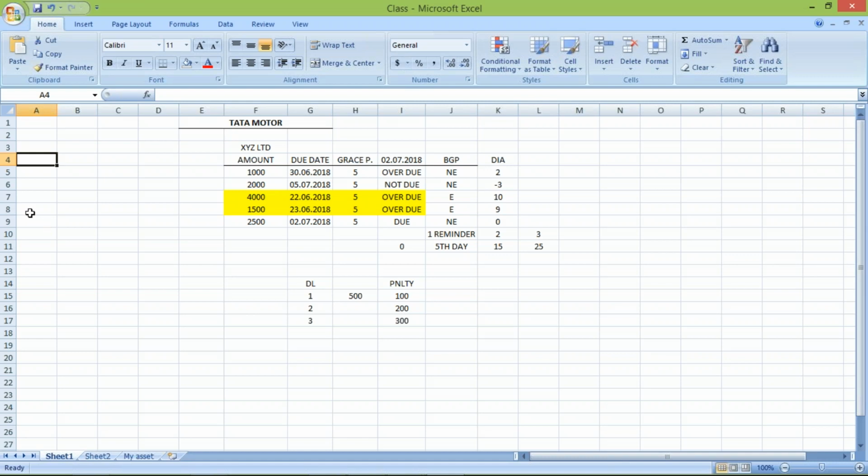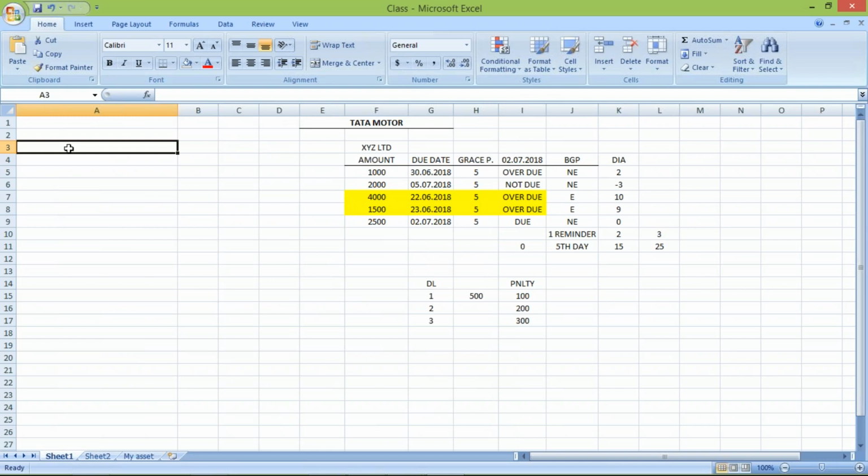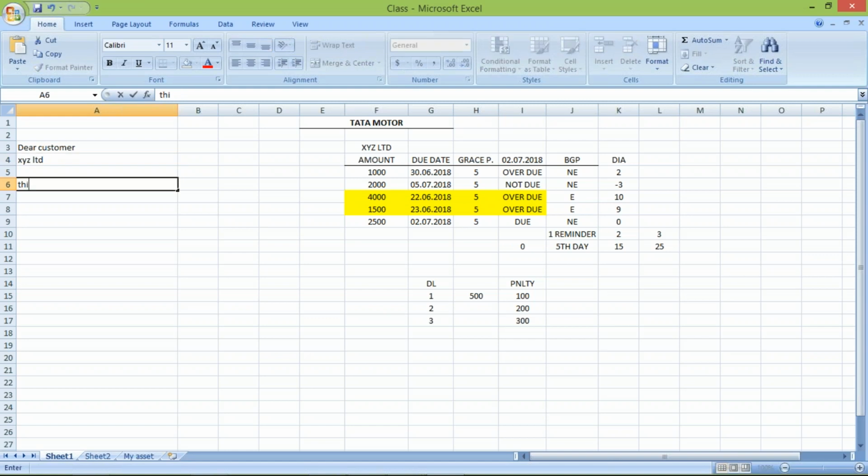For that, certain logic will be written by your developer. I'll just give a brief explanation here. Let's suppose here we have given dear customer. And here the customer name, XYZ Limited. Then here will be like, this is to inform you,